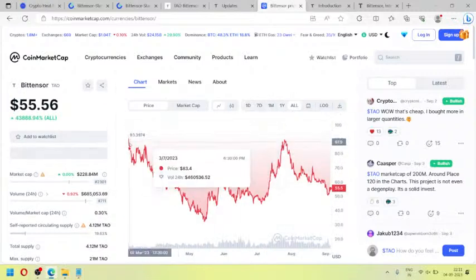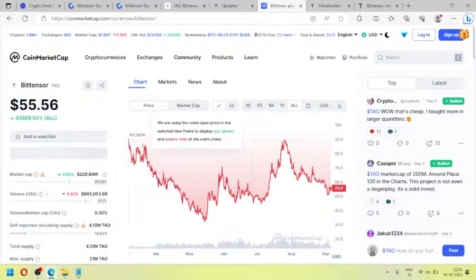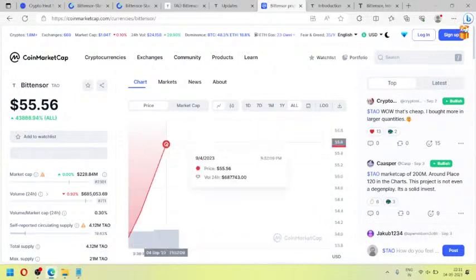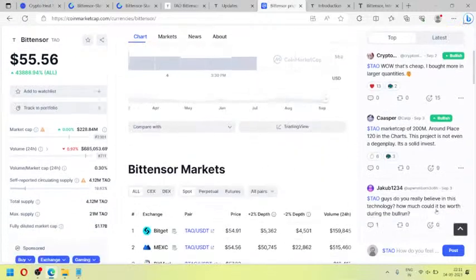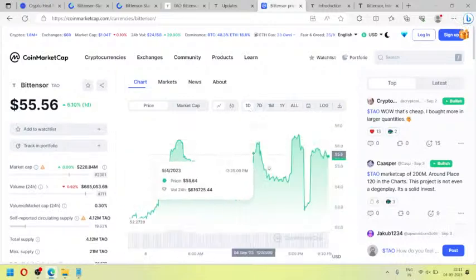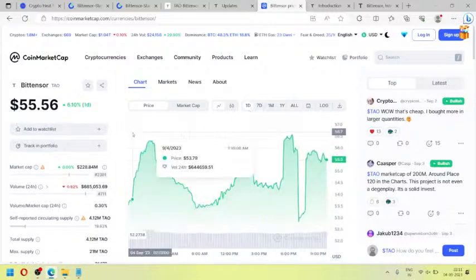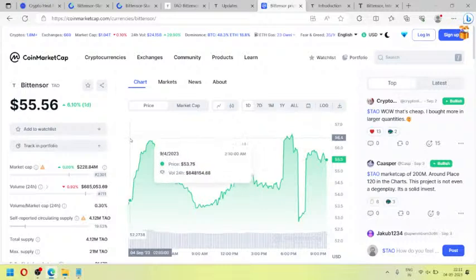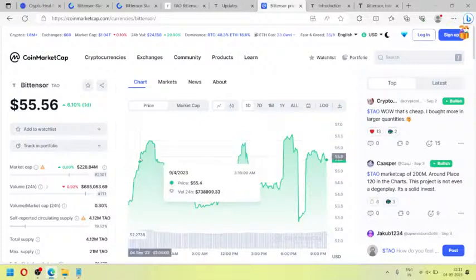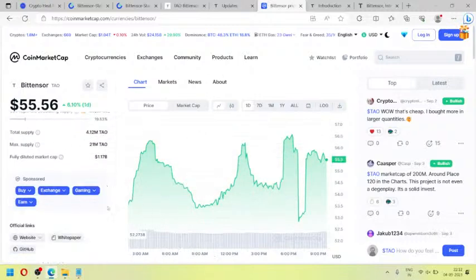All time means just March they launched. Just from launching in March the price was 93 USDT for Bittensor, and now it is half price, 53 USDT, the Bittensor price. If you get the startup, you can participate and you will get some tokens in the startup participation. This is a good token, you can participate in the Gate.io startup at 55 USDT, and you can see here